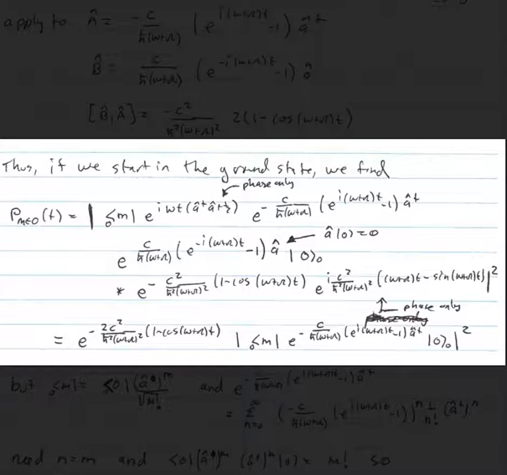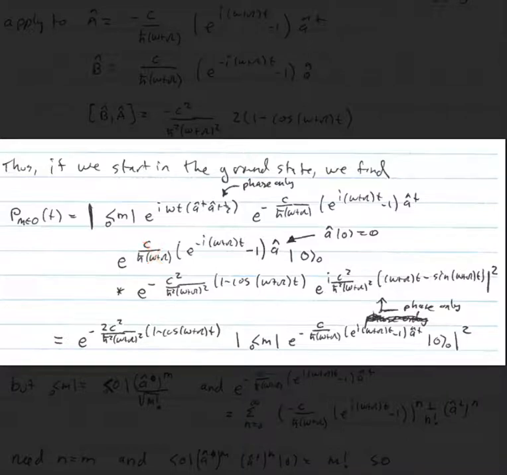We can collect those together and bring them out of the expression. One of the terms has an i multiplying it. That's going to just give a phase, so that term's going to disappear. The other term, when I take the modulus squared, since it's real, is just going to get a 2 in front of it, so that's going to get factored out. The exponential of the a operator acting on the ground state just gives 1. We've seen this identity before. You just do a power series expansion, and using the fact that the a operator annihilates the ground state tells you that all the higher order terms after 1 are equal to 0,